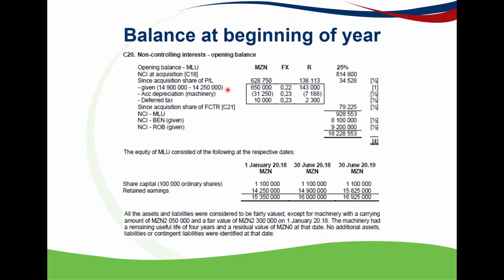And the information that we get for the profit was the movement in the retained earnings up until the beginning of the year, 14.9, and then of course the movement in the machinery that was adjusted to fair value at acquisition date, and then the different rates that was used. Okay, then after the profit calculation, there's also included in the NCI opening balance the share of the since acquisition up until the beginning of the year FCTR, which we'll get to now, and then we get to our opening